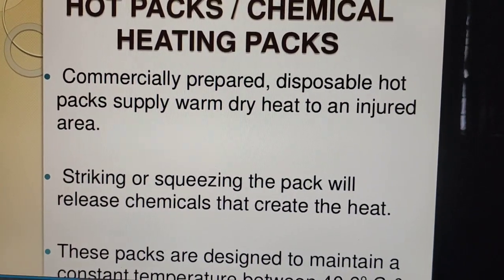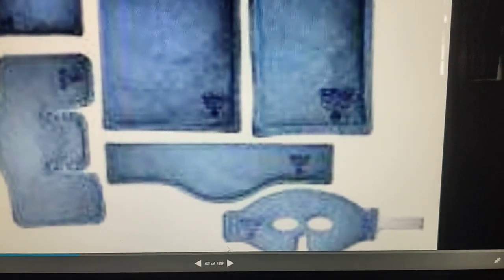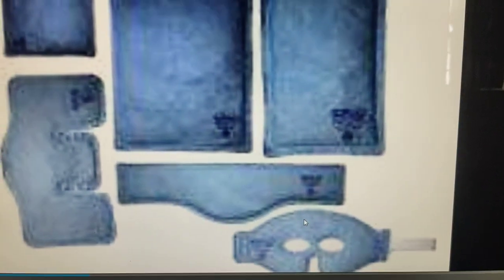This is one more kind. This is what we call the hot pack, or hot chemical pack. Different sizes are available, but be very careful. If there is no leakage, it is very good. If there is leakage, it is harmful to the patient, as it may release a chemical, isn't it? Once we use this, check whether there is any leakage. This one we can use for the forehead and the chin and all. Clear? Different shapes are available.